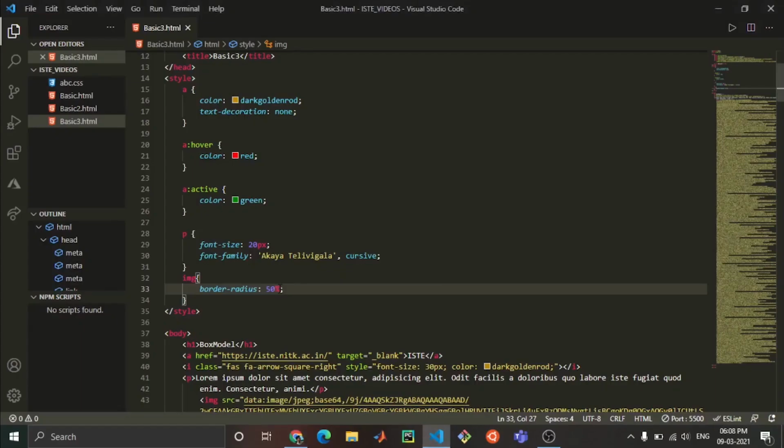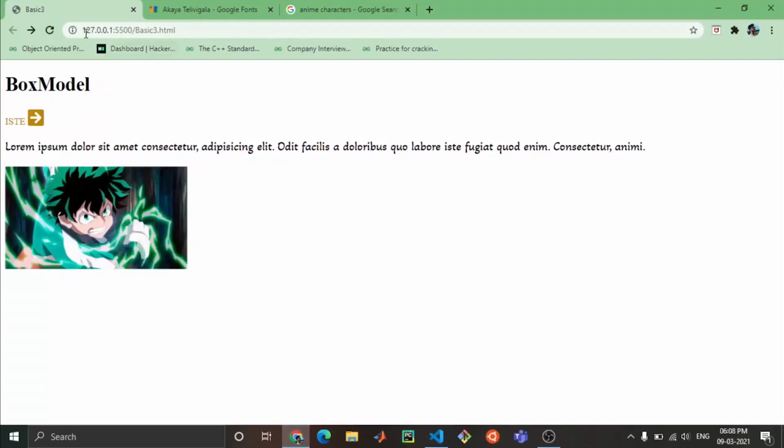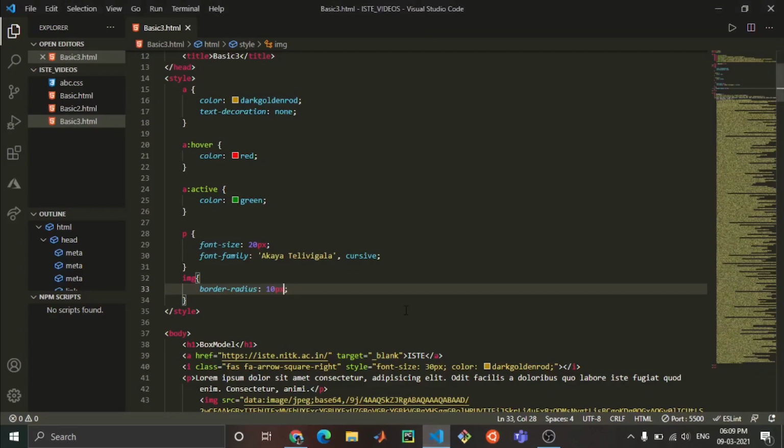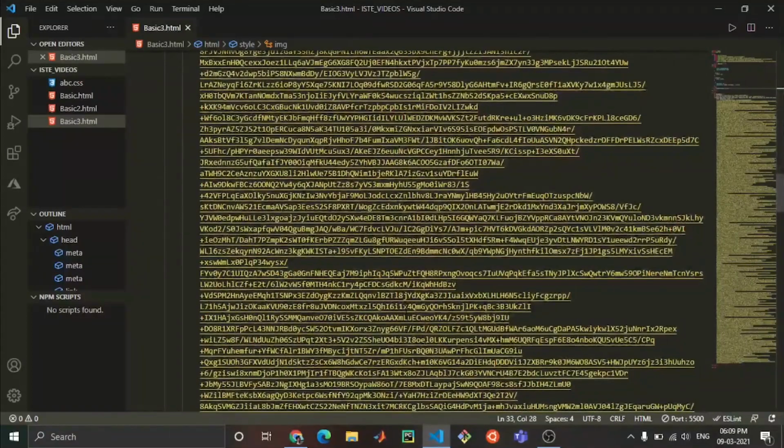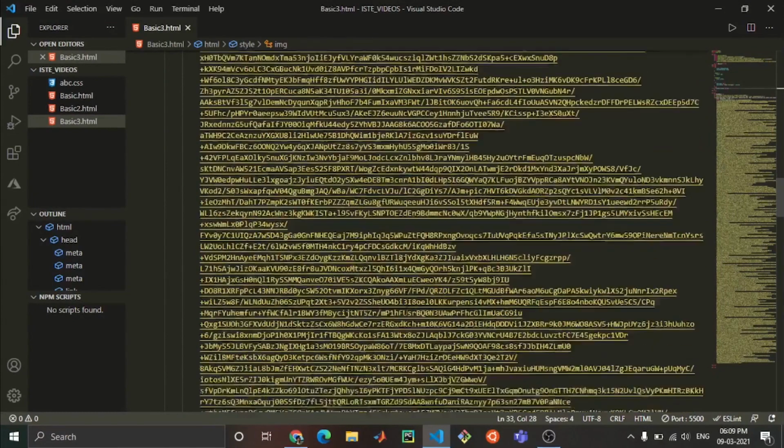Now I want my border radius to be just 2 pixel, or not 2 pixel, it should be 10 pixel. Very little I'm giving. So now you can see these edges are changing, and no sharp edges are there now. There is a smooth curve, we can say. Fine. So this is the major thing I wanted to tell you about images. Now, what we have learned till now: box model, how to add links, icons, fonts, images, and that's all.